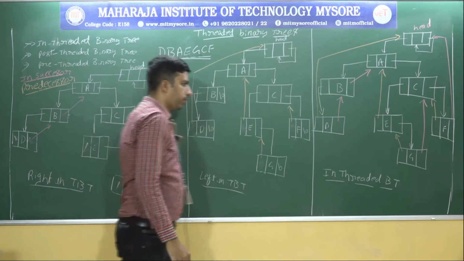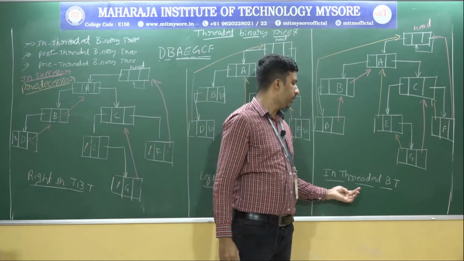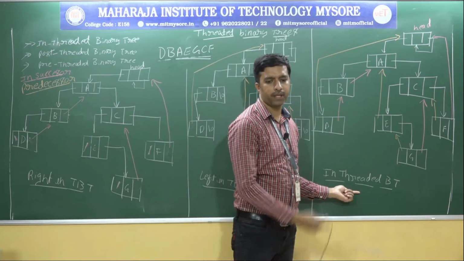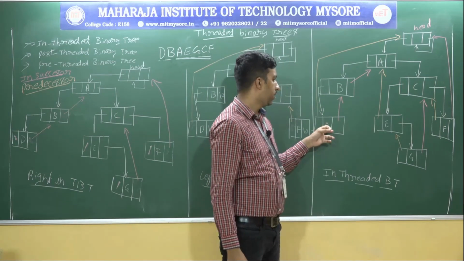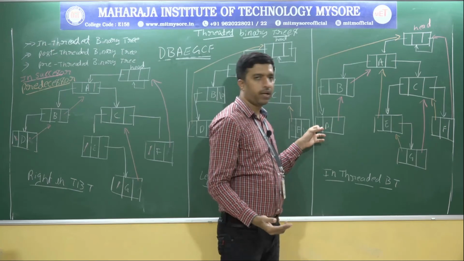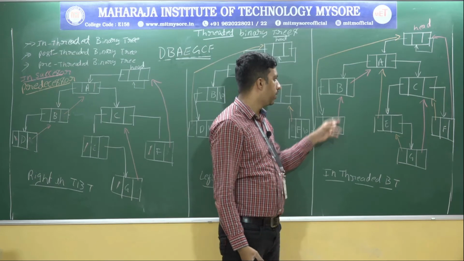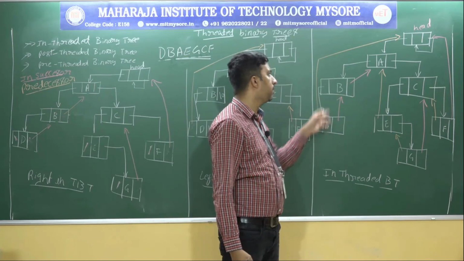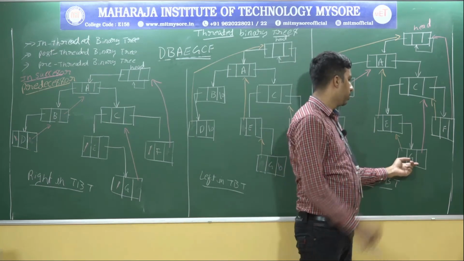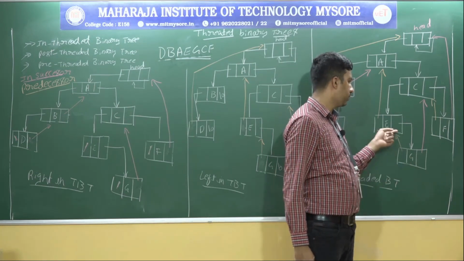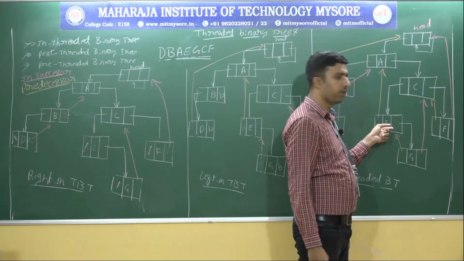If you mix the left in-threaded binary tree and the right in-threaded binary tree, it becomes the in-threaded binary tree. How does it work? Right side successor, left side predecessor. Who is next to D? B. Who is before D? The root here. Who is next to G? C. Who is before G? The predecessor to G is E. Here the right node is already fixed, only the left side is empty.